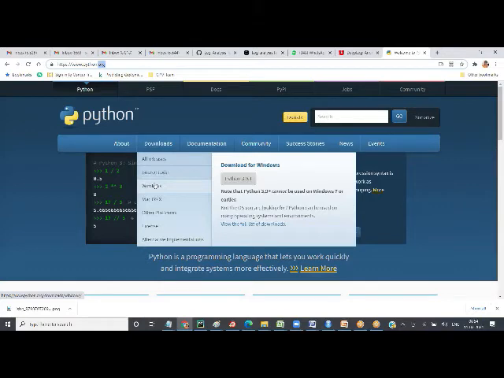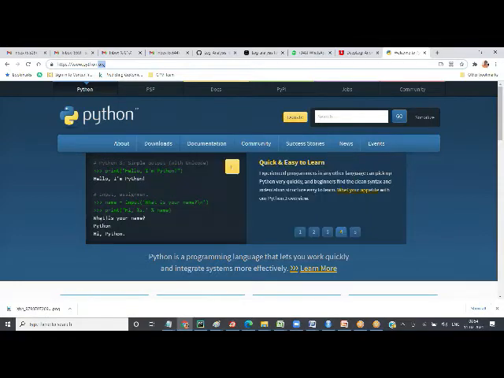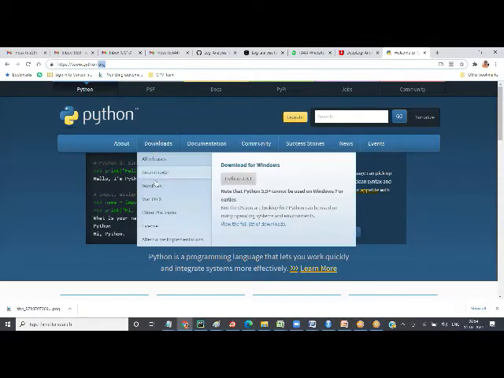Python 3 is the go-forward version. In Python 3, the latest one is 3.9. You can actually go and use 3.9. You will see that I'm still using 3.7 or 3.8. If it's for Windows, you can download it here. For Mac, you can download from the Mac section here. Other platforms, you can use it too. So depending upon whichever machine you are using, you can go and download Python. Once you download Python, double click and install.